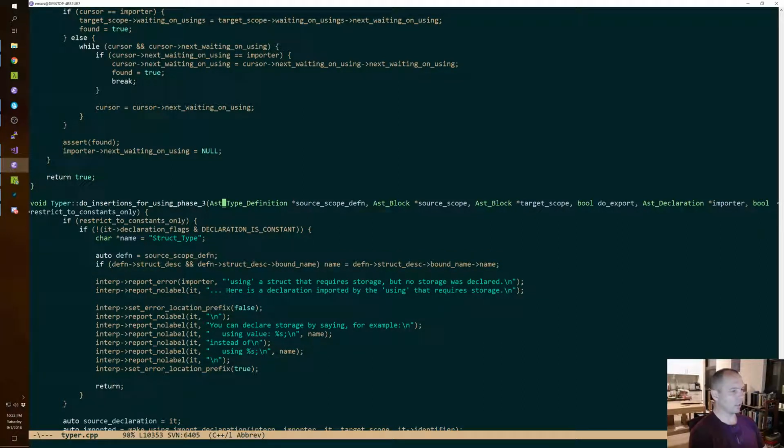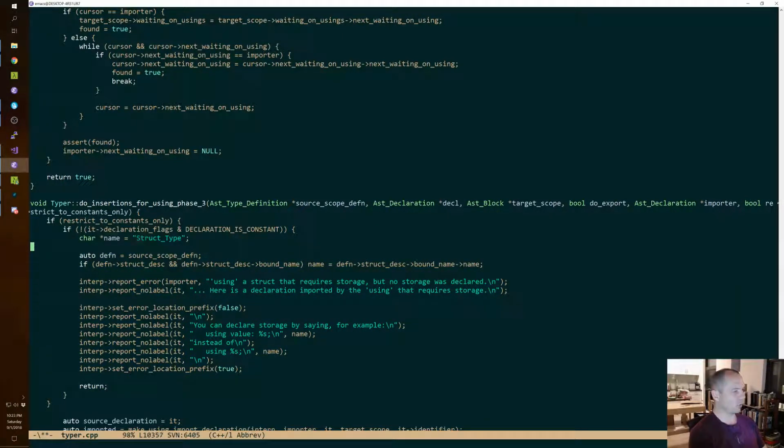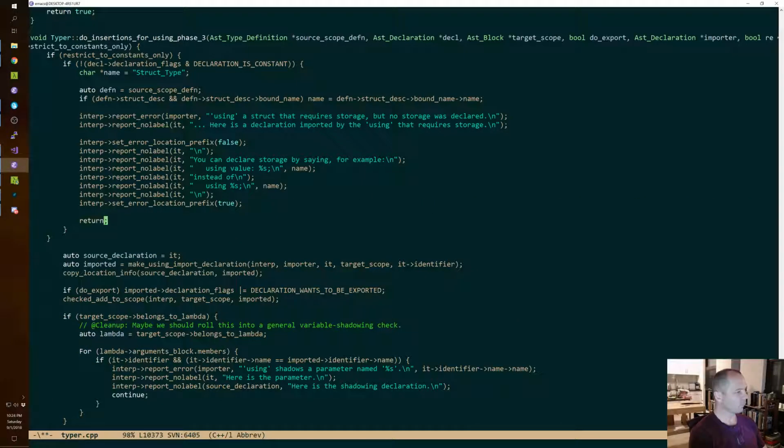I'm just naming that so that I know what it is. So we're going to call that decl. So if we are restricting to constants only, if the declaration is not constant, we report an error.